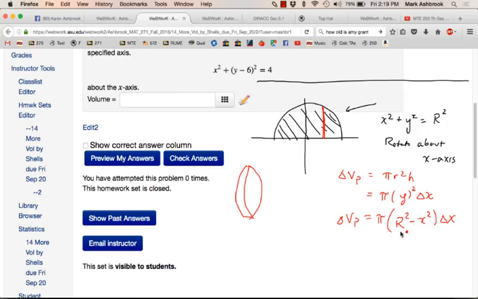Now that's a capital R, right? That's a capital R. And then what are we going to do? We're going to integrate those to get the volume of the sphere. We're going to integrate from x equals negative capital R to positive capital R, or we could do what? 2 times 0 to R. Let's use that symmetry, get a 0 in there. And then we'll have pi times R squared minus x squared